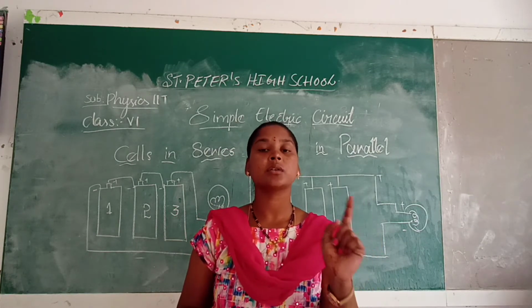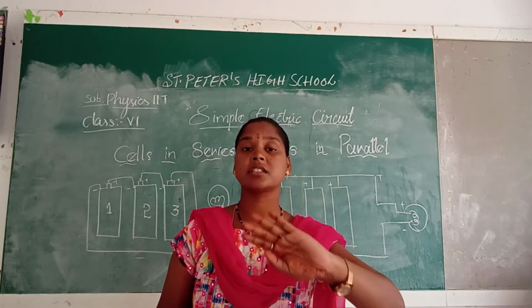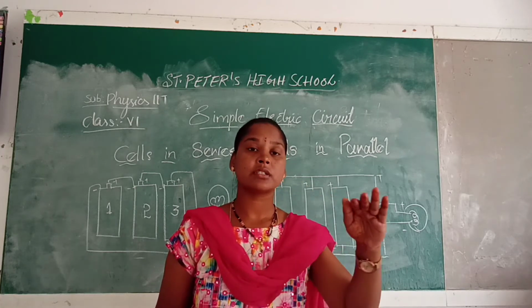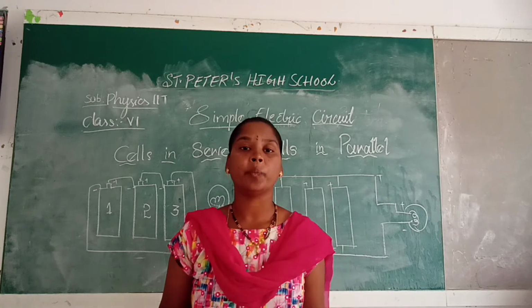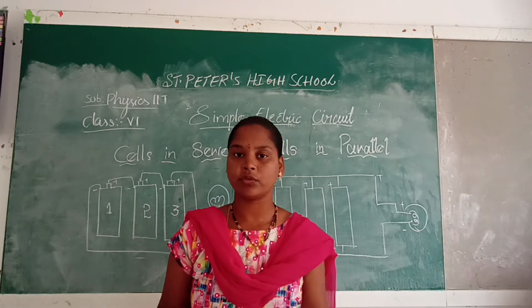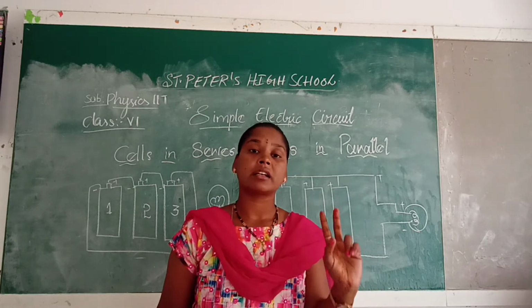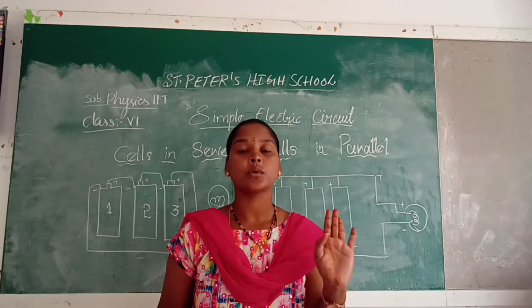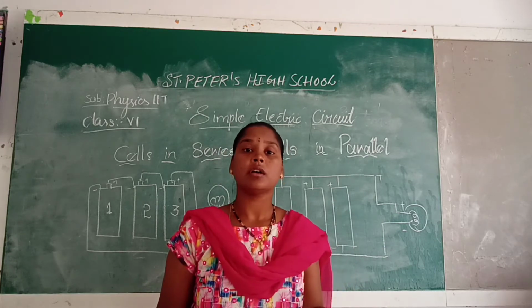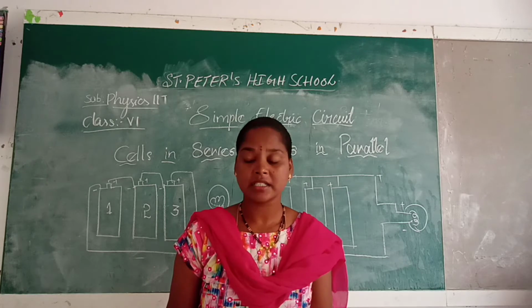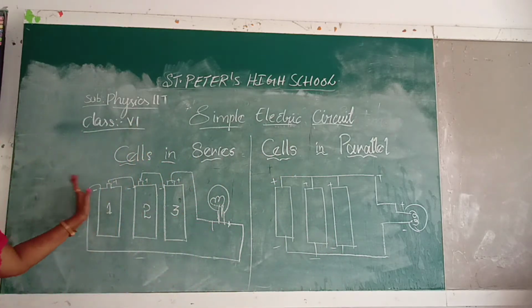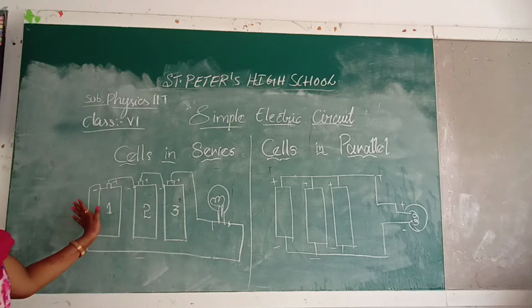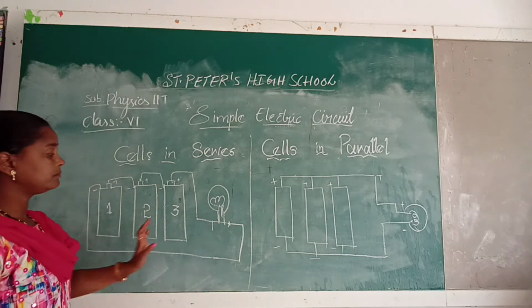Electricity passes only in the closed circuit, and in the open circuit, electricity does not pass. So when the switch is off, the electric circuit is open and the current does not flow. When the switch is on, the electric circuit gets closed. Then the electrons move and electricity passes through the electrical goods. So this is a closed circuit, and when it is closed, it starts working.